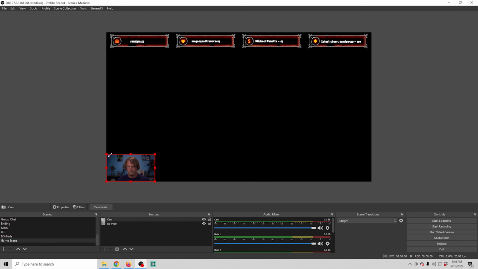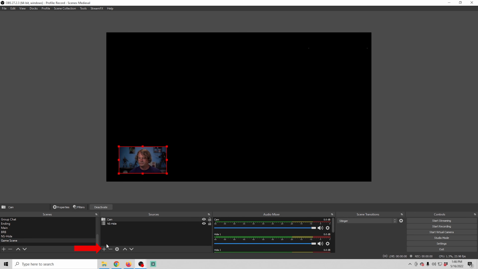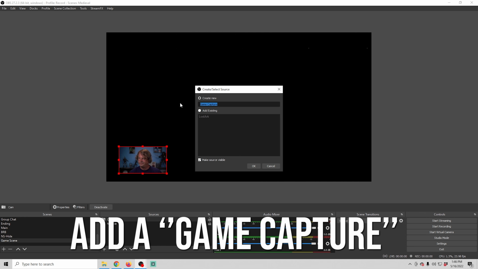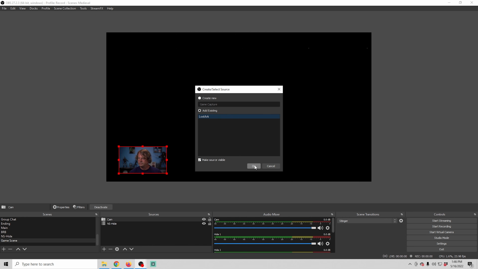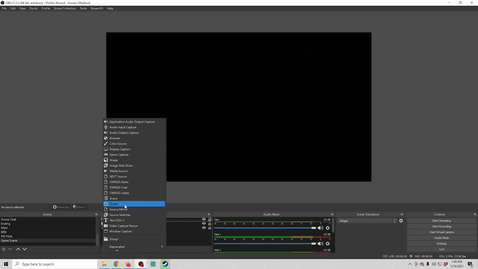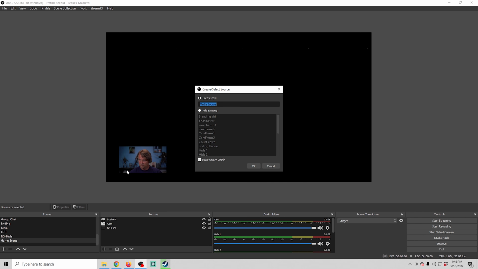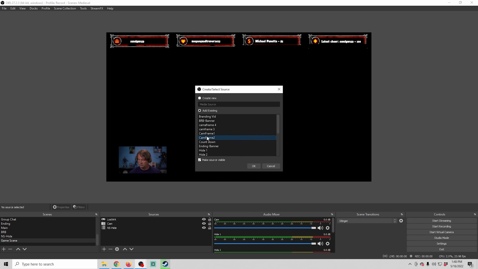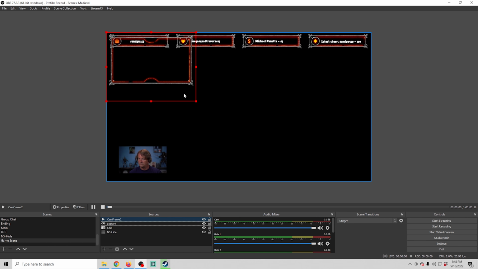I'll just shrink this up, put it down here. And I'm gonna click the plus and we're gonna add a game capture. And I'll just kick off my game. And while we're waiting for the game to load, I'll go ahead and put a frame around my camera. Now all the camera frames and assets that we're using here are all animated and they can be downloaded directly